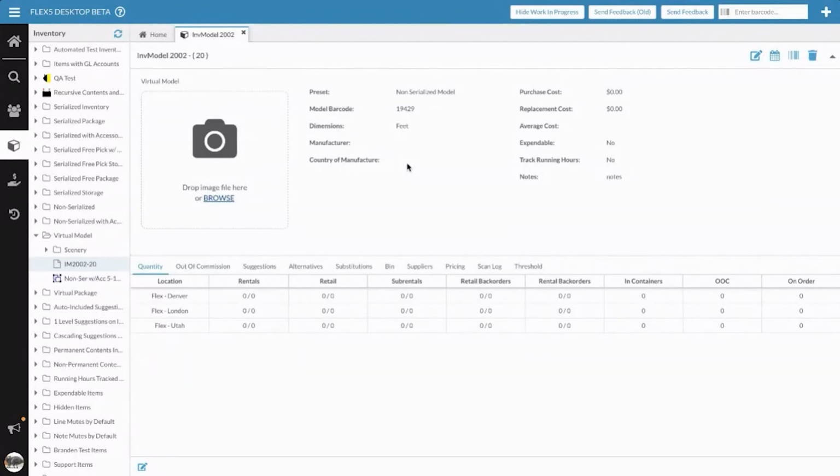So that's kind of our overview of where we are with Flex 5 right now. I know we have